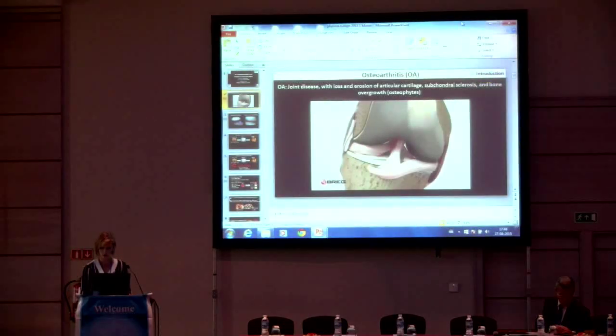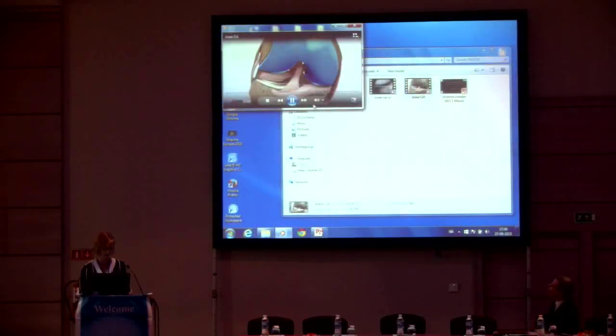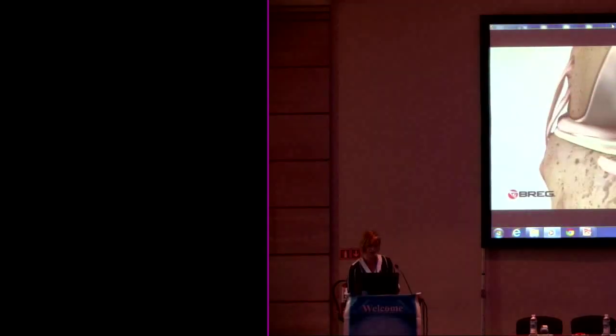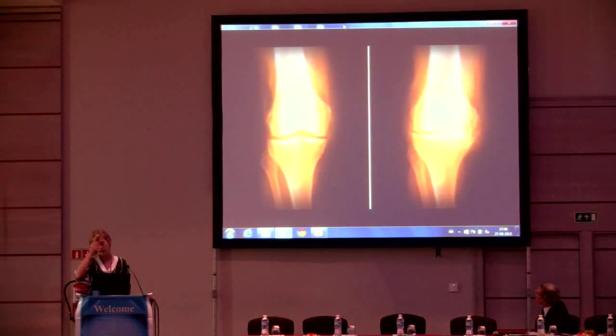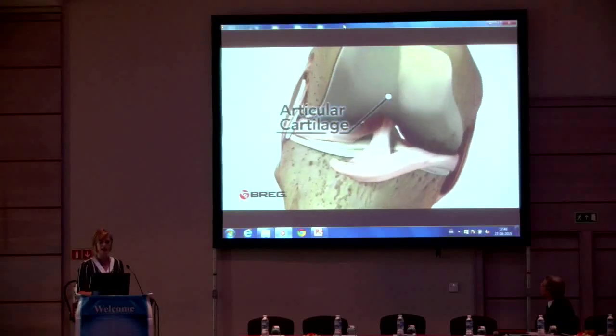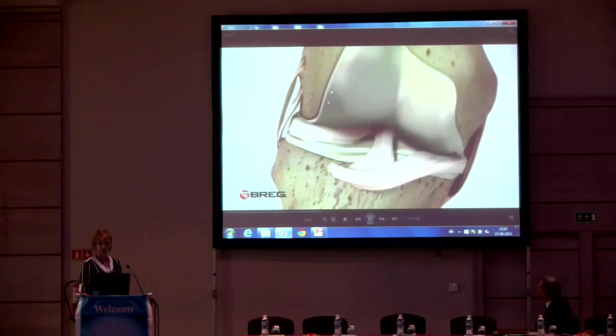Now I'm going to show you the video I have here. Over time, causing a narrowing of the joint space. When this shock absorption is lost, I hope you can see in the video that over time cartilage is lost, and when the cartilage is completely lost, bone can rub against bone, which causes pain, stiffness, and disability of the patient. And here, after this video, on radiology, which will be shown now,